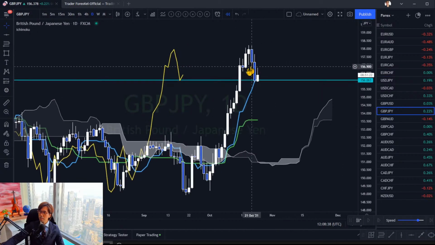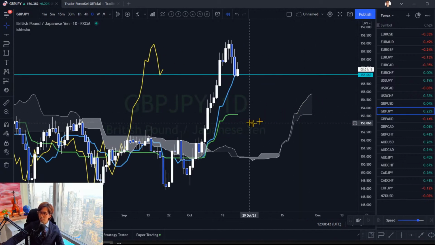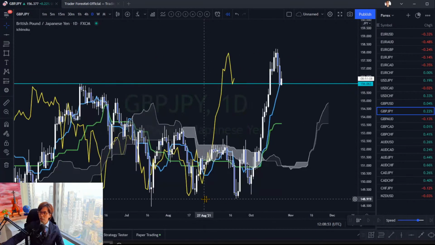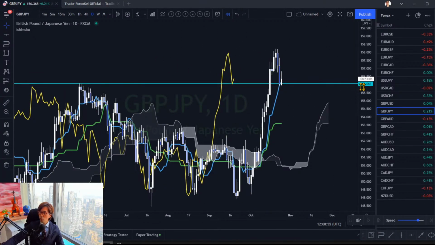GBPJPY, yeah, it's pulling back, but today is bullish and the Kumo's up, Kijun Sen is flat. So it looks like it's bouncing by the Tenkan Sen, and to me it's bullish. So I draw the line at 156.06 because this level was a previous resistance. So this time it may bounce at that level and also the Tenkan Sen, and it may go up is my